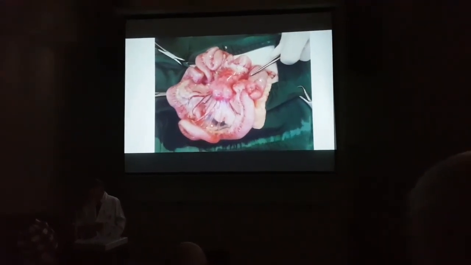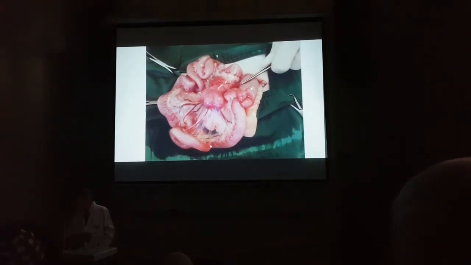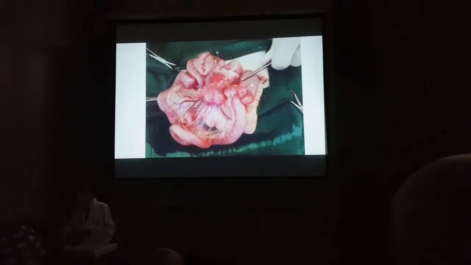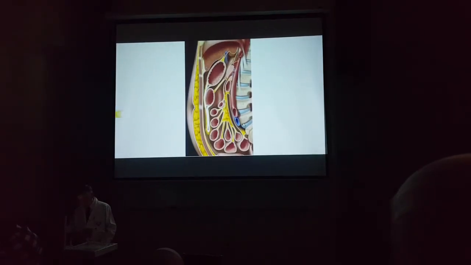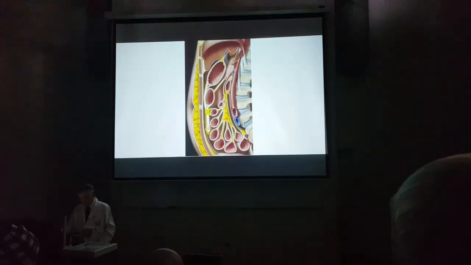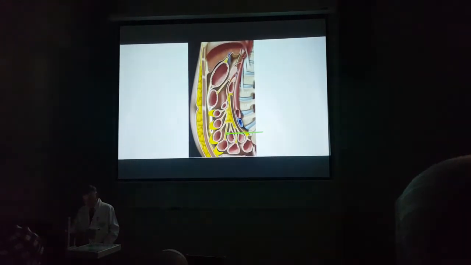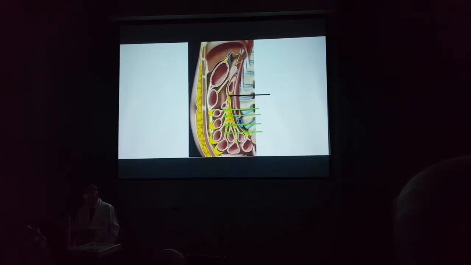This is the mesentery, a very thin double layer of peritoneum containing blood vessels, and these are the loops of the small intestine. This is the mesentery of the small intestine marked green. Back to this figure. This is a loop of small intestine, another loop, another loop, another loop. And this is one of the corrugations, another one, and they end up at the root of the mesentery.